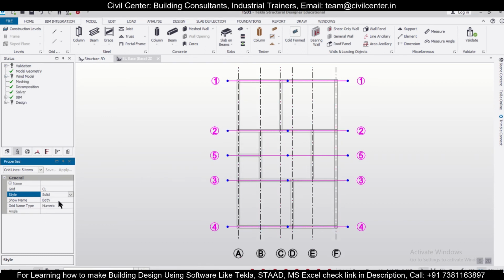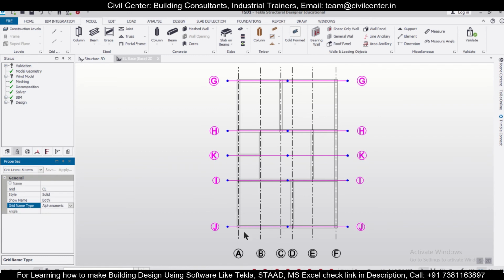Solid line, and then we'll show name, and as you can see, both start and end. If you just give at start, this will only be at start. So like this also you can do as per your preference, and you can keep at both ends also. And the grid type, you can just do this as alphanumeric, as you can see. E F G H I J K.